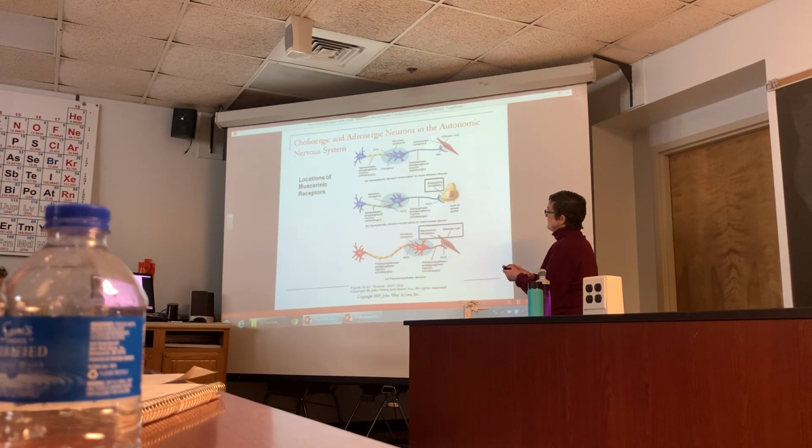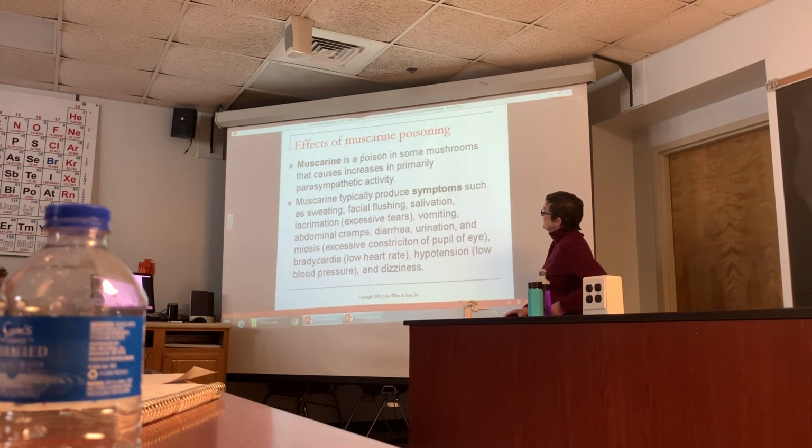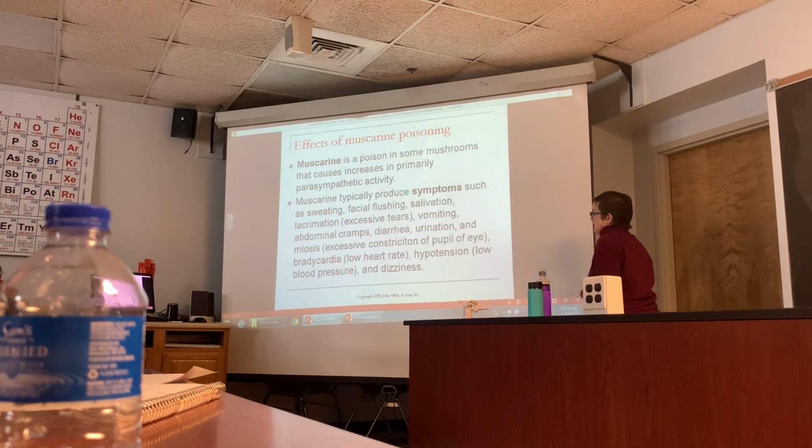But the normal functioning, of course, is that you sweat when the sympathetic division is kicking in. That's normal functioning. Now, here's giving you some ideas of muscarine poisoning symptoms. You can see that all of this, you're just activating these muscarinic receptors, primarily in the parasympathetic division, except for the sweating. So you see facial flushing or dilation of blood vessels in the face, increased salivation and tears, also you start getting smooth muscle contractions in the digestive tract, and that can lead to vomiting and abdominal cramps,